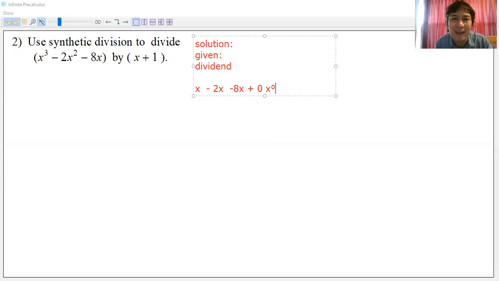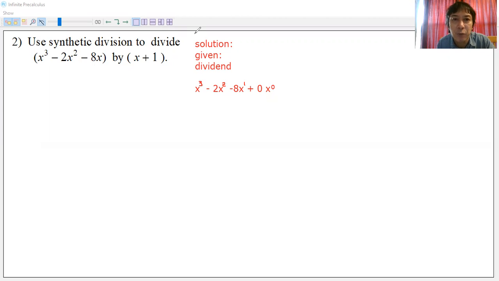All right, and so this will now be the given, and then we shall write the exponents here, of course. So this is 3, and this is 2. Of course, this is 1. You don't have to write it actually, but just for clarification. Now you have 3, 2, 1, 0 there. This is the dividend. Now, your divisor is the x plus 1.